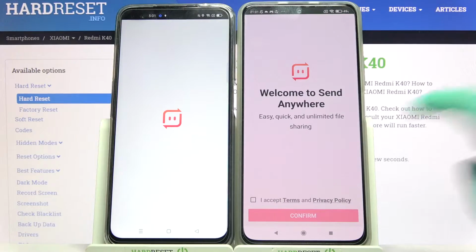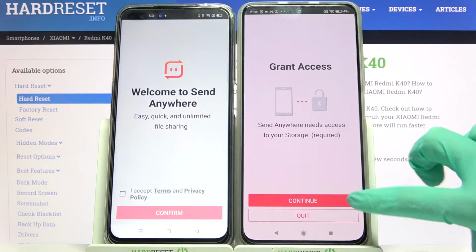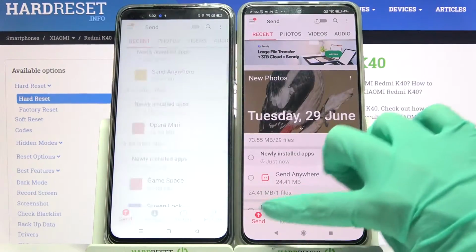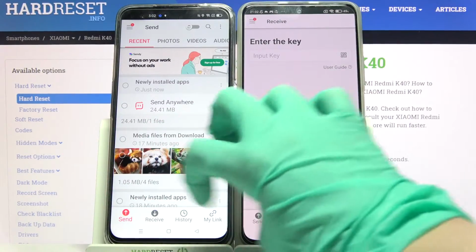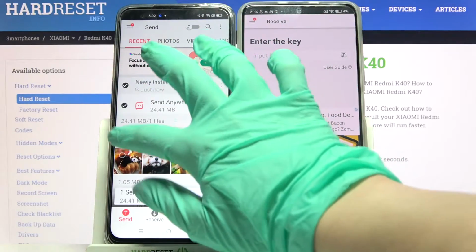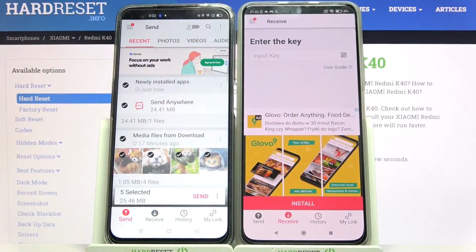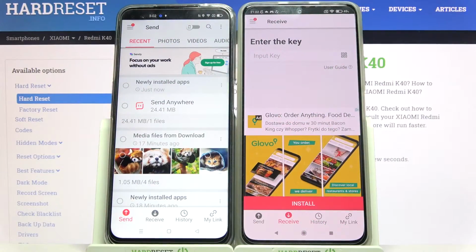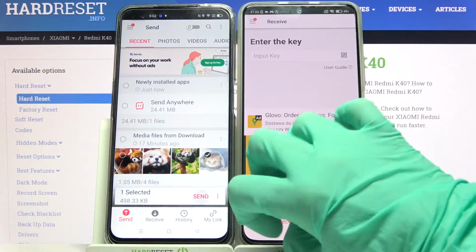Now you need to click on I accept, then confirm, continue and allow. After that, go with Receive on Xiaomi and Send on an Android. Now tap on all of those dots and choose Send to send all of your files. It will take some time though, so I will only, for example, choose this one photo, click Send and click